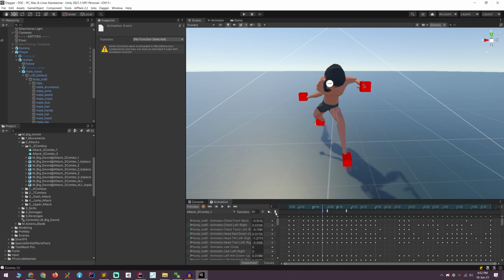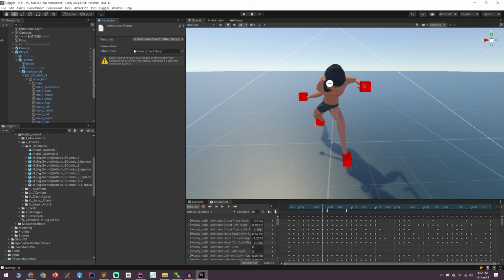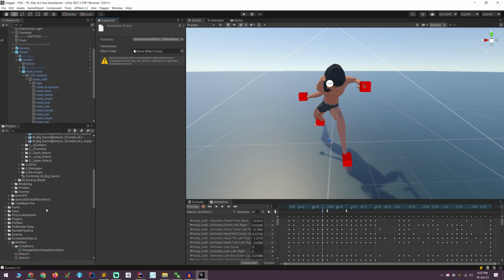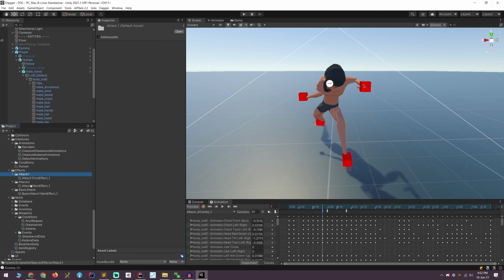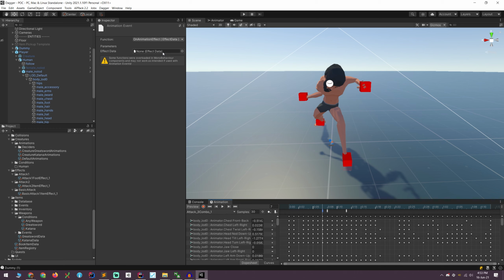We can add our event, and I've created a new function here that we can hook into called onAnimationEffect. And the onAnimationEffect, what it will do is it will take an effect data. So we are using a data-driven approach. So if we come down to our effects here, you see I have a number of different effects that I've already created. The one we're after for this particular attack is our basic attack 1 item effect. So what we can do now is if we come back to our event, all we need to do is drag in our basic attack